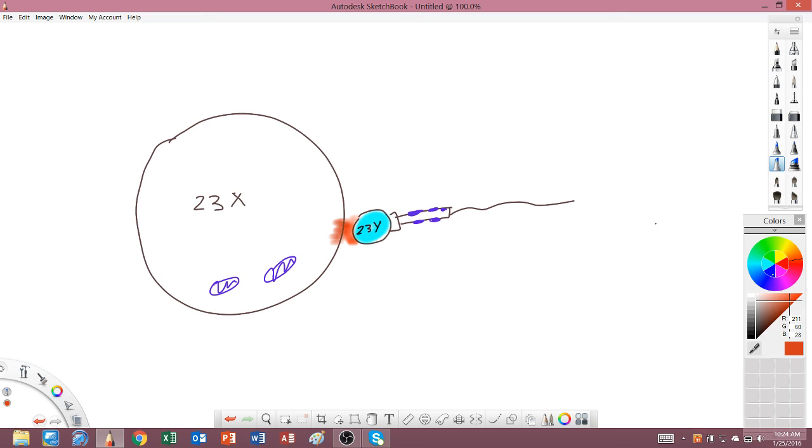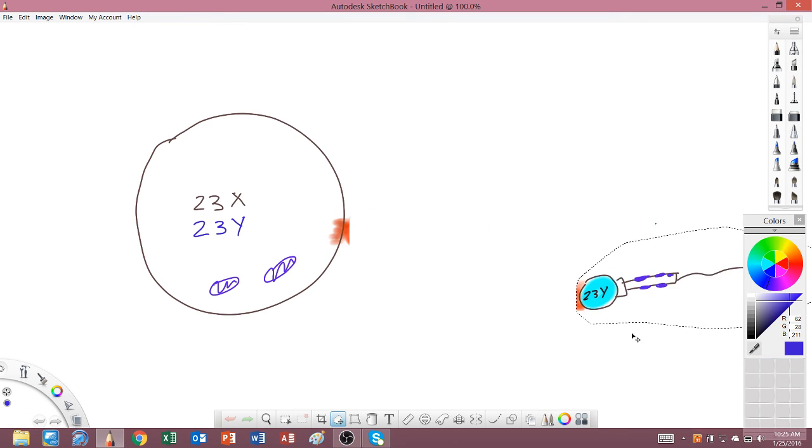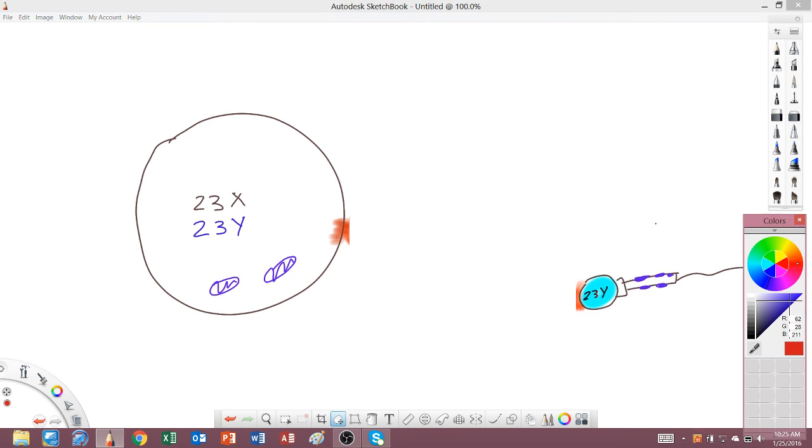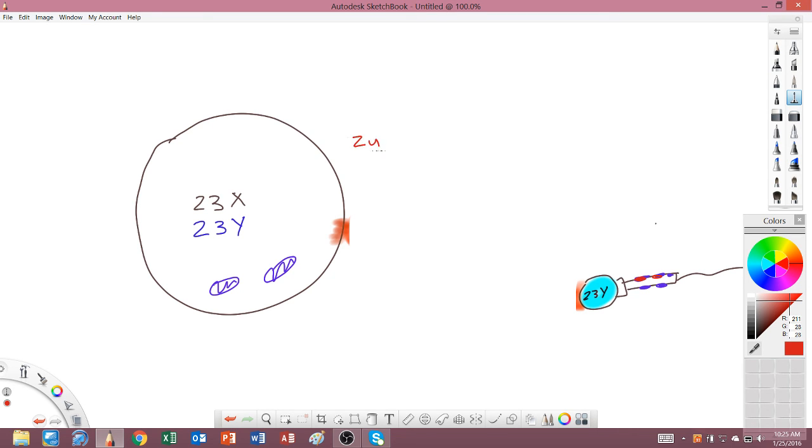And the only thing that goes in is the 23 chromosomes. The only thing that can enter the egg cell is the DNA. And what happens to the rest of the sperm? Like this beautiful girl waiting in the Starbucks, as soon as she gets the DNA, she kicks you out. Get out of here. The rest of it falls off. Now you have the mitochondria. Do they enter? Did they ever go into the cell? No, this is the zygote.